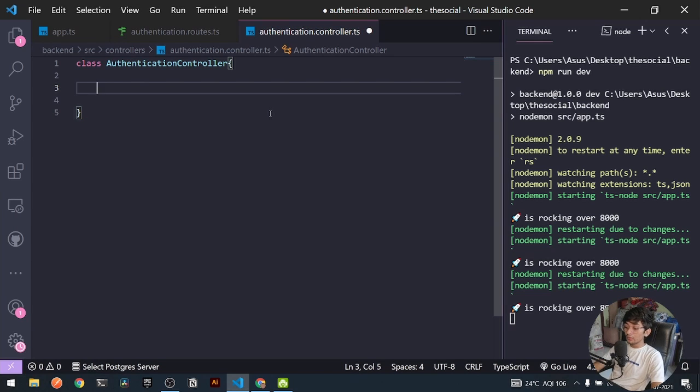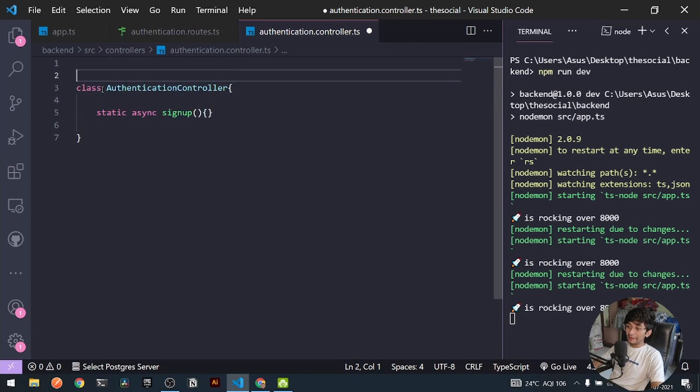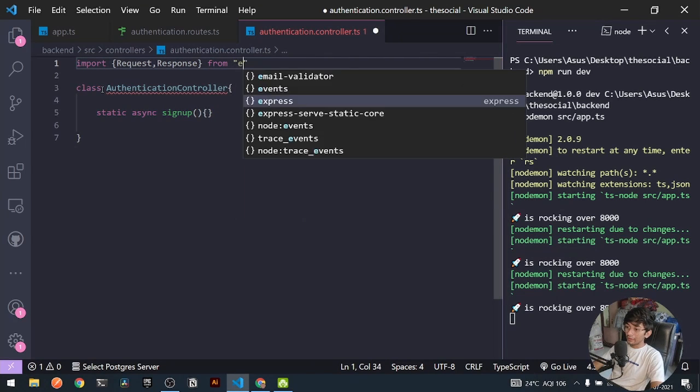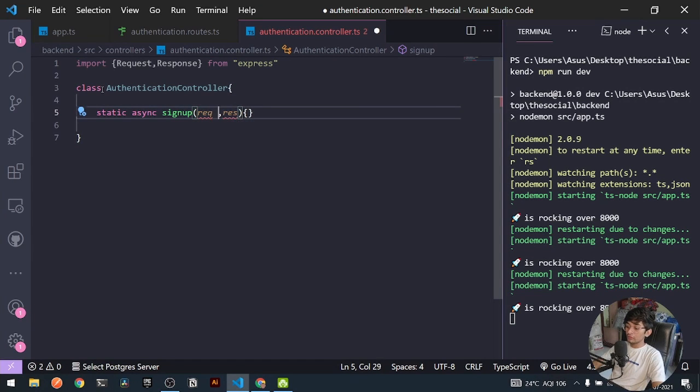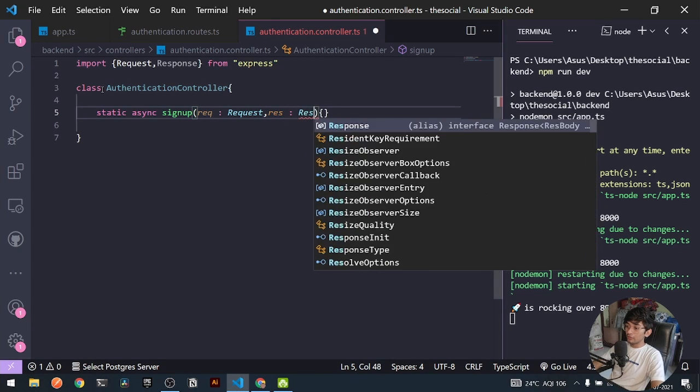So first thing first, I can define an asynchronous method, let's say sign up, and under this I can throw an entire function. And to access the particular method under my routes, I need to make this method static. So here I can say static asynchronous sign up method. And also I need to import some of the particular request and response from Express. So here I can say import request and also import response from Express. Easy. So under my sign up, I can provide the following arguments of request and response. So here I need to set the type of request to be request and the response to be response.